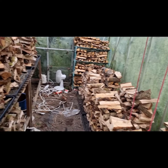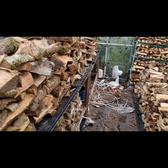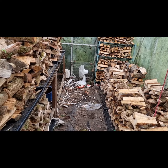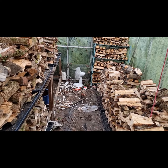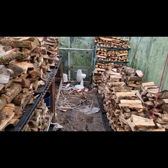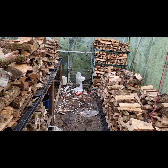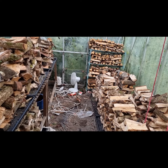What I have discovered, and what all this is, this is my outdoor stacks. This is what I would class as semi-season. So in the summer it was fine, it all dried down, would have all been burnable, but we only have indoor space and storage space for about 2 IBCs worth at the moment. I have got a couple more that are coming, empty cages that are coming, which will stack on top of the other one, so that will up it to 4, but the vast majority of our timber needs to stay